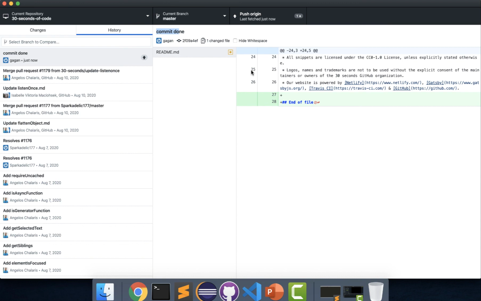So this is how you change your repository locally, and how to commit it. As of now, all the changes are still in local. They have not been pushed to your central repository where the code is hosted.